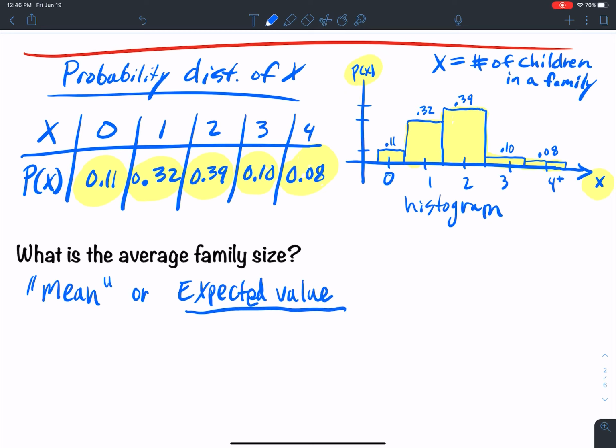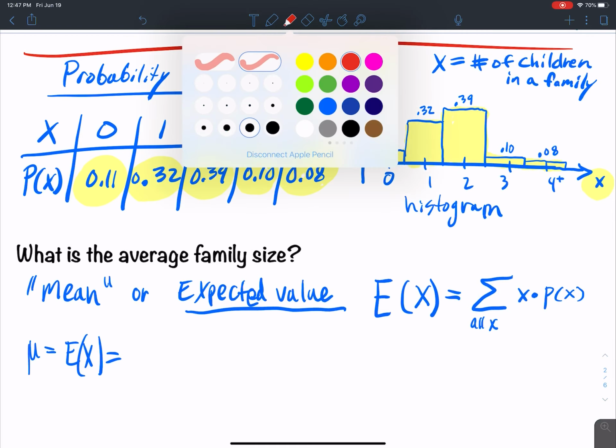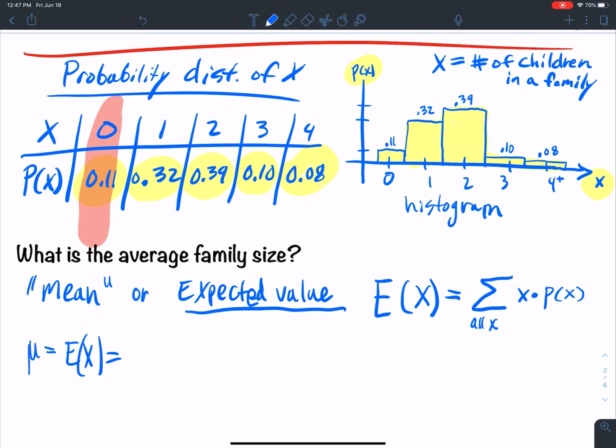The expected value is denoted as E of X, which is equal to the sum over all X of the value multiplied by the corresponding probability of the value happening. Okay? So how would I do that with this one here? The mean, or the expected value here, is equal to the sum of the x's. So the first one is 0 and 0.11. So 0 times 0.11